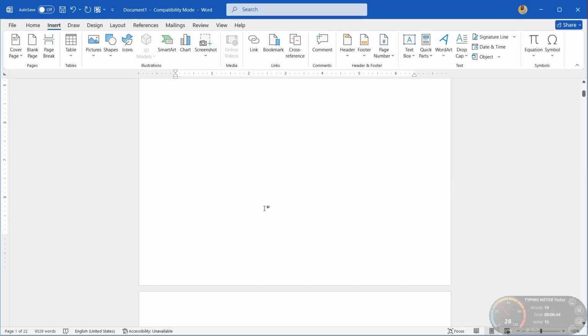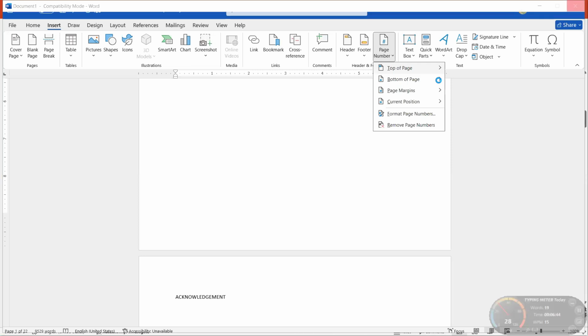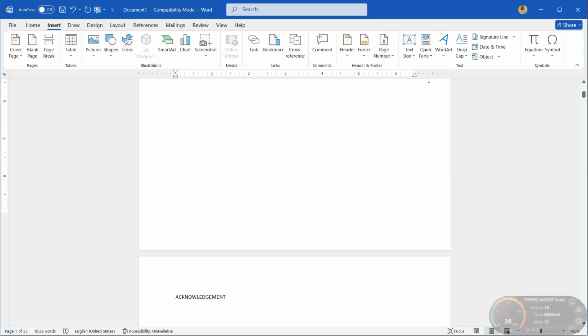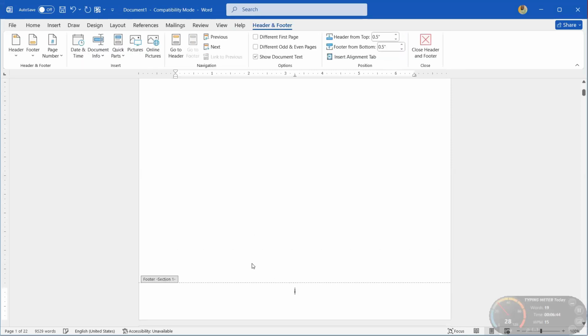Now we have this. Okay, I didn't put the page number, I just customized it. So let me put the page number. Yeah, so let me put this page number. So you see it's showing